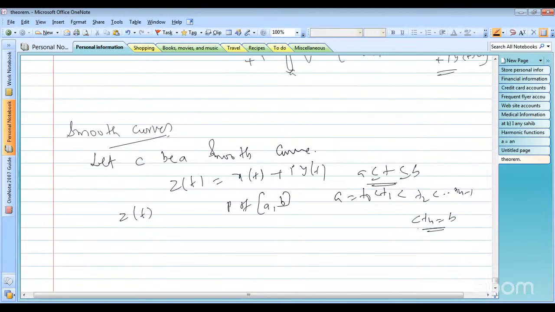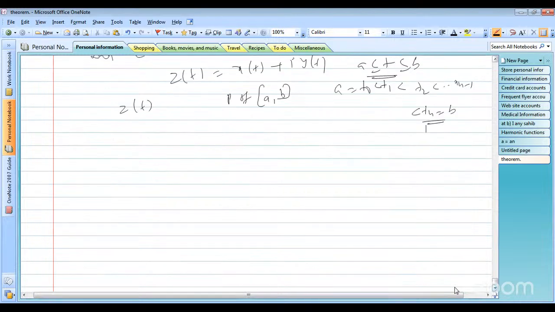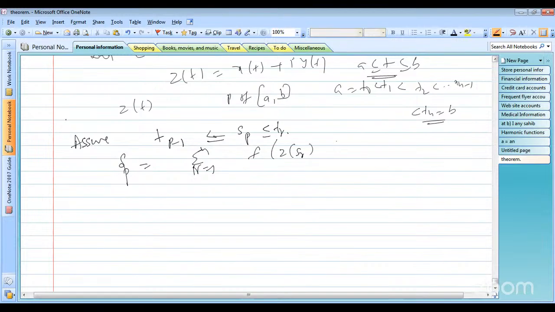We are assuming here that the sum S(P) = summation from r = 1 to n of f(z(s_r)) times (z(t_r) minus z(t_r-1)). So see here, this is the Riemann sum. The Riemann sum becomes here: